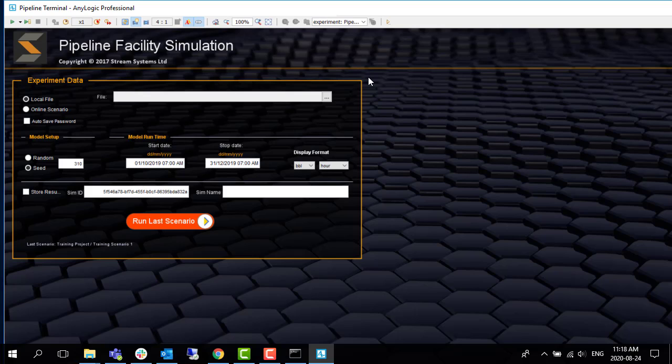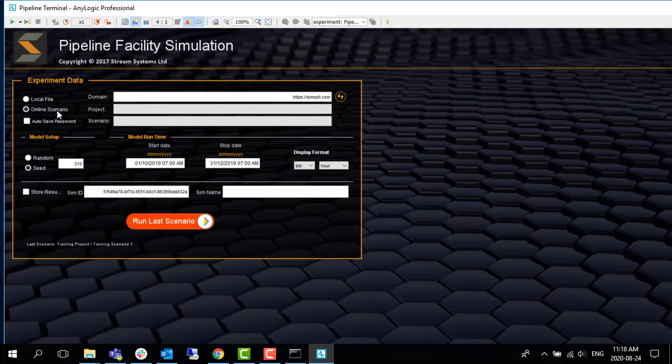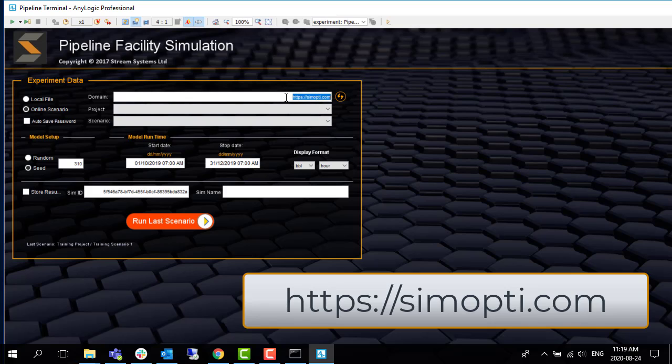Since we've already configured our network model in the cloud-based platform of SimOpti, we can search for it in the Online Scenario tab. From here, we'll search for our project using the domain of SimOpti.com. Now, when you're booting this up for the first time, you may have to enter this domain manually. So be sure to include the full address of